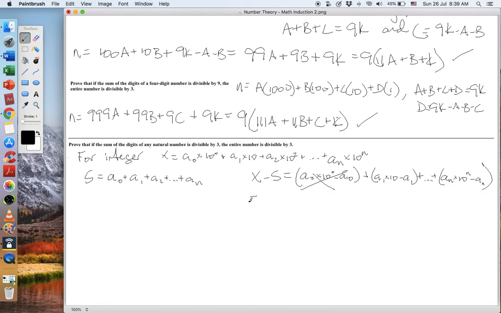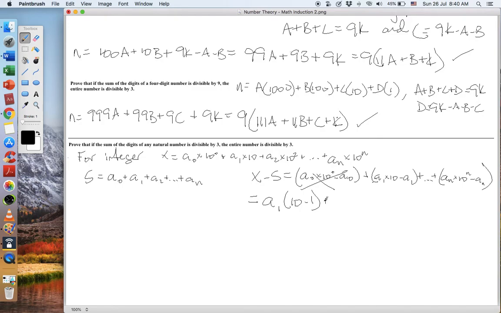And then that is going to be equal to, we're getting rid of that first term, a sub 1 times 10 minus 1, or times 9, right? So a sub 1, whether 1, 2, 3, 4, 5, 6, 7, 8, 9 times 10, so we got 50 minus 5, right? If a sub 1 is 5. 50 minus 5 is just 5 times 9. 60 minus 6 is 6 times 9. 70 minus 7 is 7 times 9. Right? Same thing for any number,